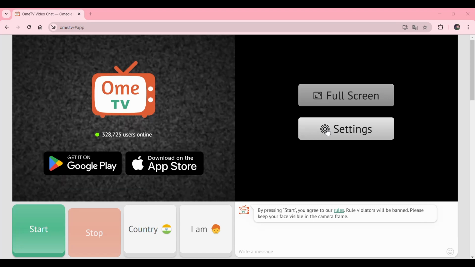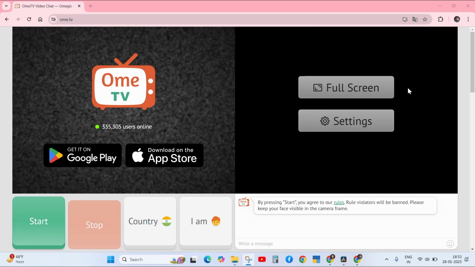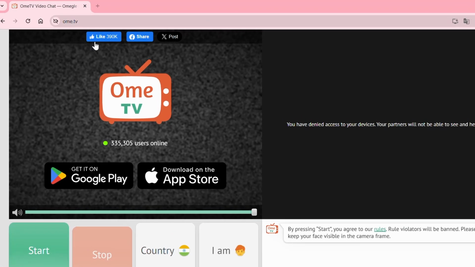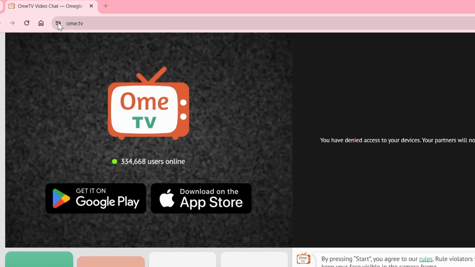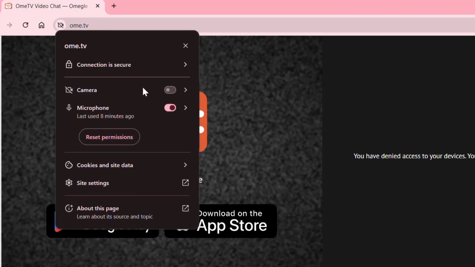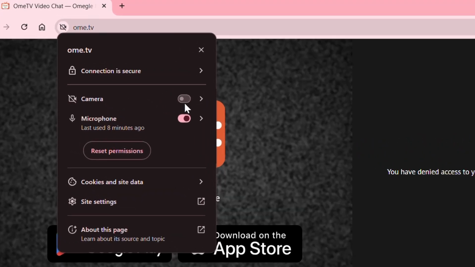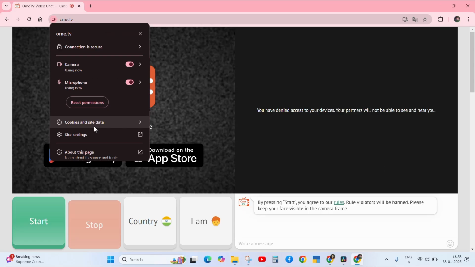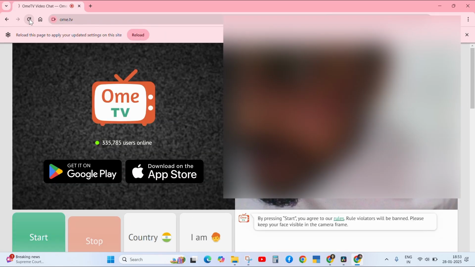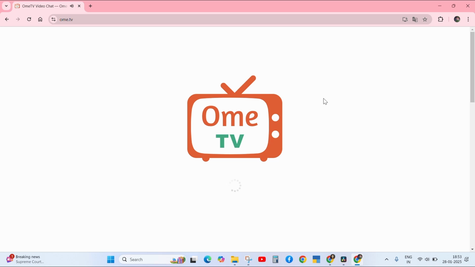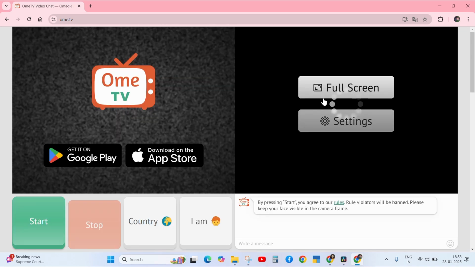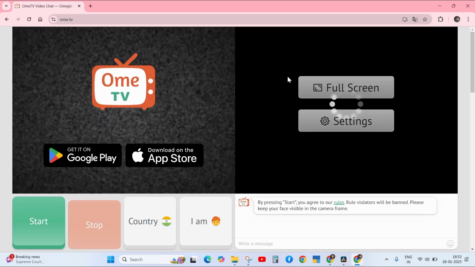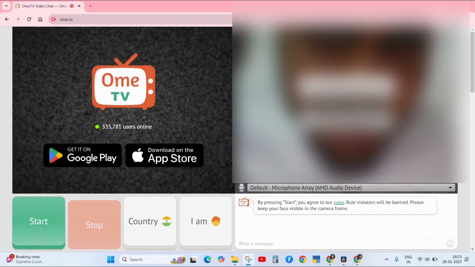When you are facing this error, the first solution is to check whether the camera is enabled or not. For this, go to this icon and check whether the camera is enabled or not. If it is not, then enable it, and after enabling, refresh the device and check if it is working properly or not. In my case, it is working. If it is not working on your device, then